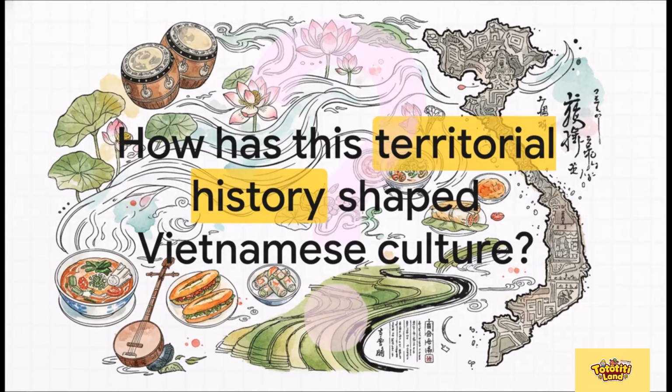And all this leaves us with one last big question to think about. If the physical map was shaped by this history, then how is the nation's cultural map shaped by it too? You know, its food, its different dialects, its very identity. How is all of that shaped by this incredible 1,000-year journey from north to